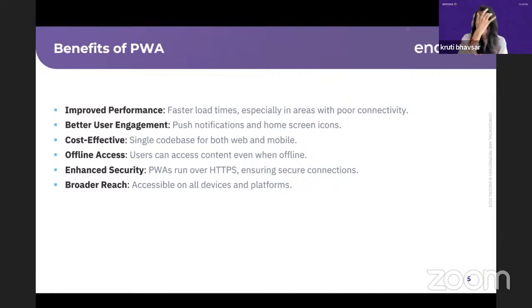Okay, and also it is cost effective because there is a single code base for both web and mobile. So we don't need to write different code, and we don't need to manage different repos for the website and the application. So it will work flawlessly on both. And also a secured connection because of HTTPS, and accessible on all devices, as we discussed. Okay, yeah. Moving forward,